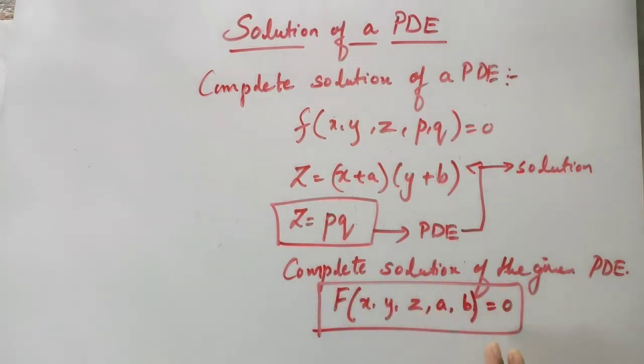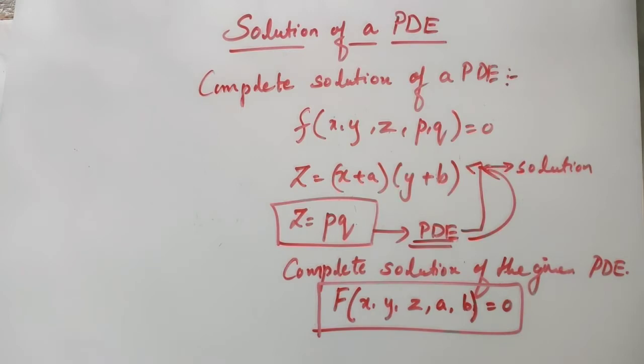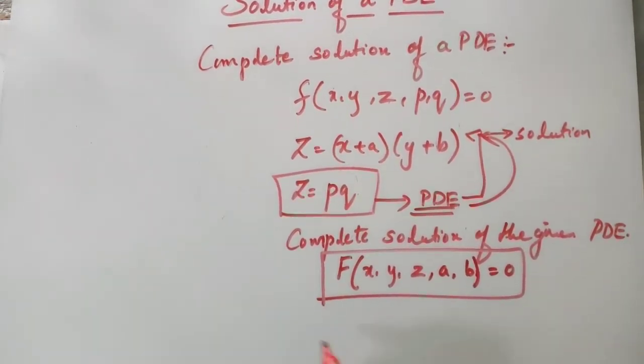So this is going to be your complete solution, the general form of a complete solution. Here I have given you the example. This was the given PDE for you, and the complete solution is here of that PDE. Now this is about the complete solution. Now what do you mean by the particular solution? The next part here is particular solution.